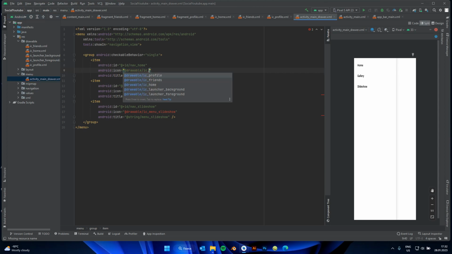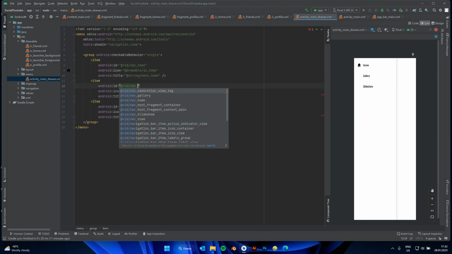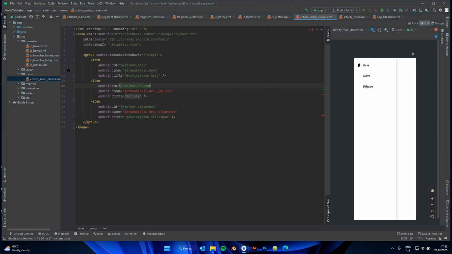We'll say ic home for our home item. I'm going to change the variable names. For example, navigation gallery to navigation friends, and the slideshow to profile. The same goes for icons and for profiles. Now you can see that the icons are set, but the names are different